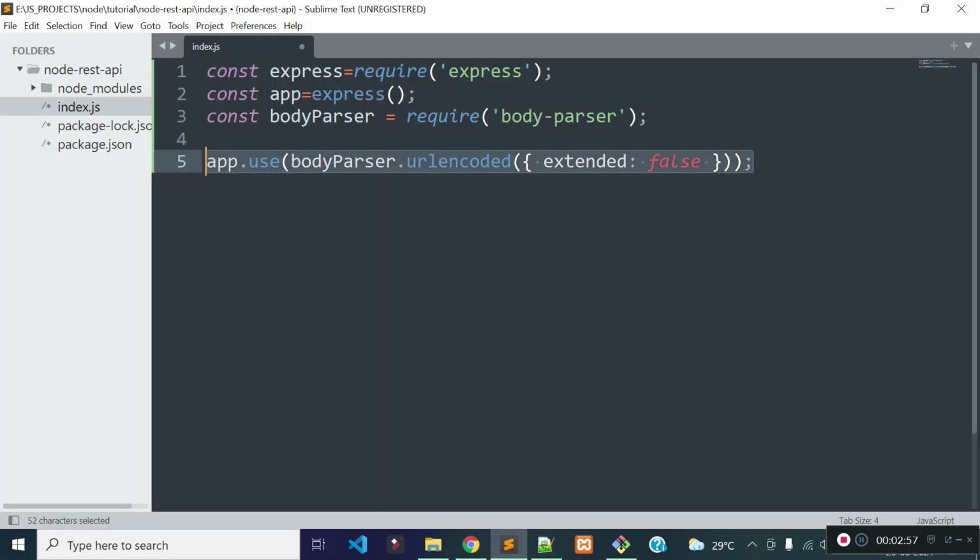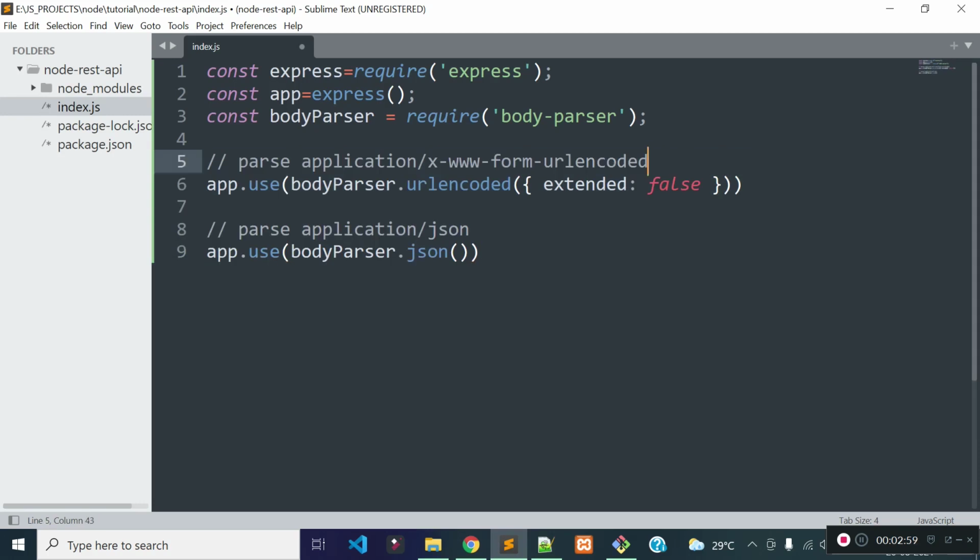Okay, I'm going to add a comment also. So this code is helpful to parse x-www-form-urlencoded data, and this code is helpful for parsing application/json data.